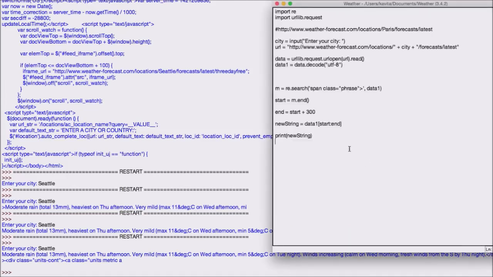All right, and now let's do this. So m is equal to re.search. We'll be searching for the span. So span. All right, comma. What are we searching in? We're searching in new string. Great. Now we want to say that m.start. So start and actually end should be equal to